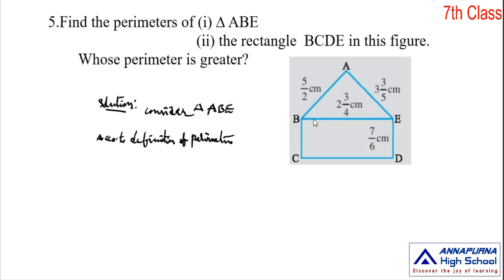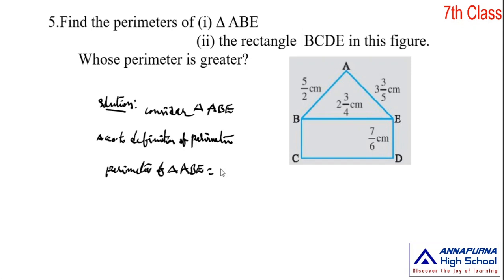Therefore, perimeter of the triangle ABE is equal to the sum of the lengths of the sides of the figure, the sum of the lengths AB,